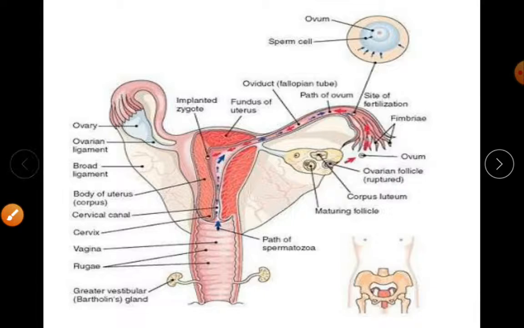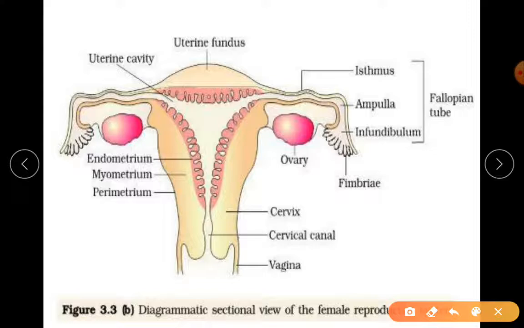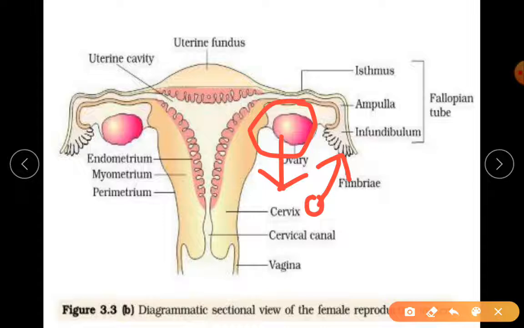So ovulation you understood, that is the process of release of the ovum. So imagine one ovary releases. You know that each ovary will function once in a month. So first this ovary will function at this time, at the same time this one will stay at the rest position. So one ovary becomes active each month. They are taking alternate turns. As they take the turn, I am just taking an example. This ovary is releasing the ovum, and this ovum will be taken in by the fimbriae.